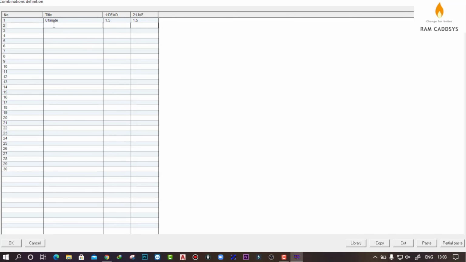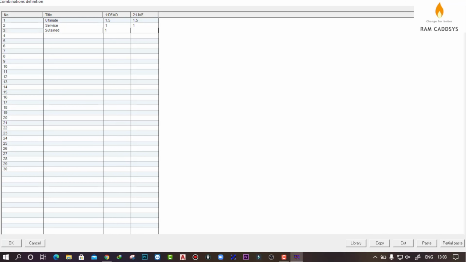Then we'll create the serviceability load combination, and here we'll be taking the load factors as 1, and we'll create another load combination for the sustained loads.